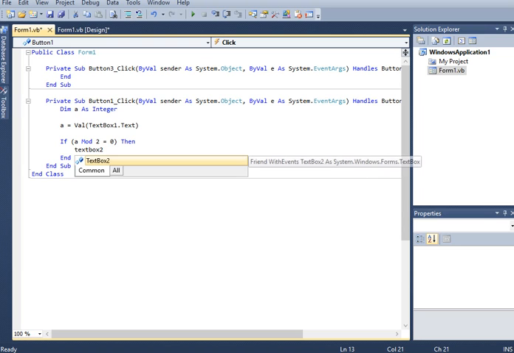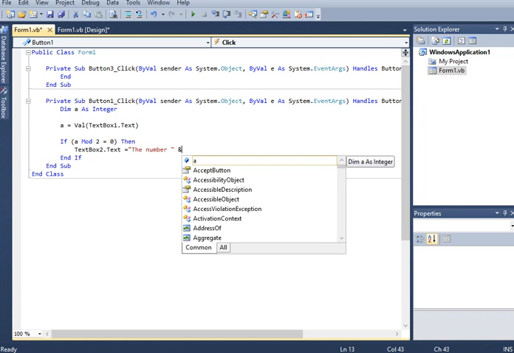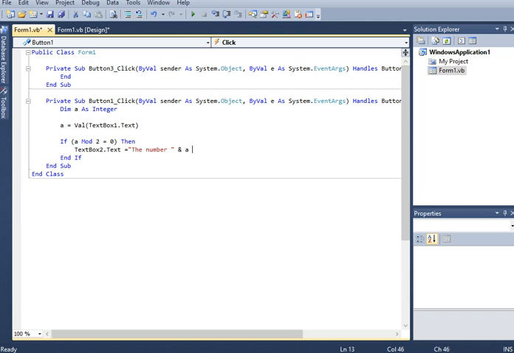TextBox2.Text equals the given number, the number a is an even number. Okay, else